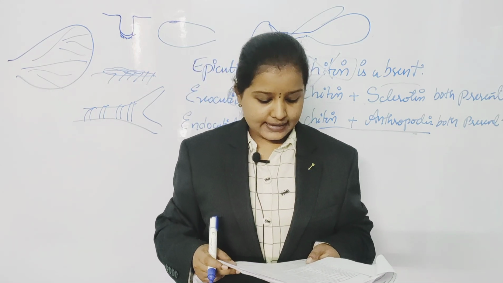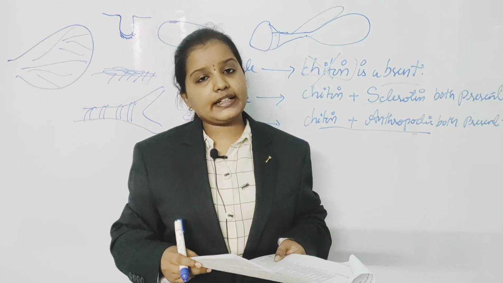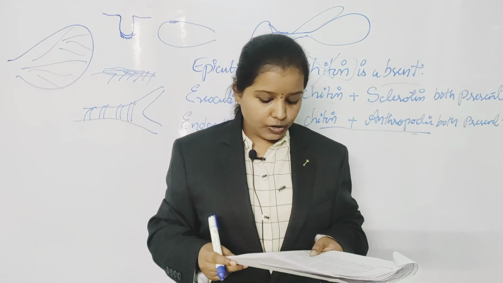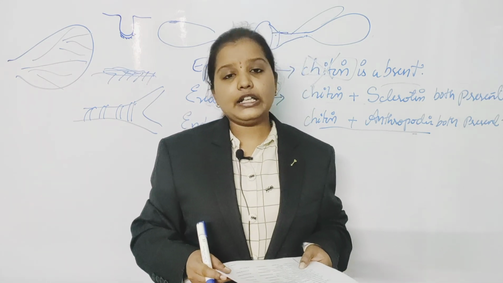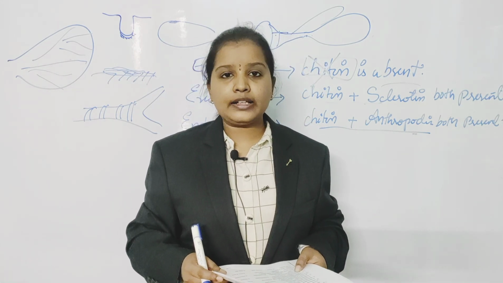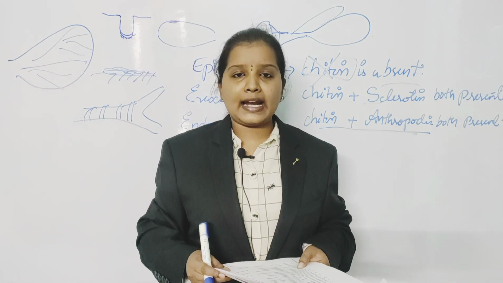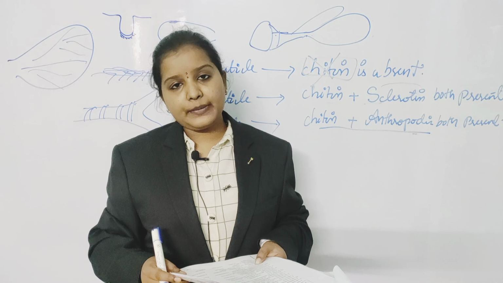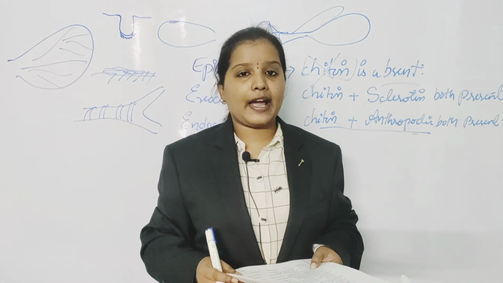Family Pyrrhocoridae consists of cotton stainers. Longicorn beetles belong to the family Cerambycidae. Longicorn beetles are the very large beetles whose antennae are longer than their body. These include the mango stem borer.